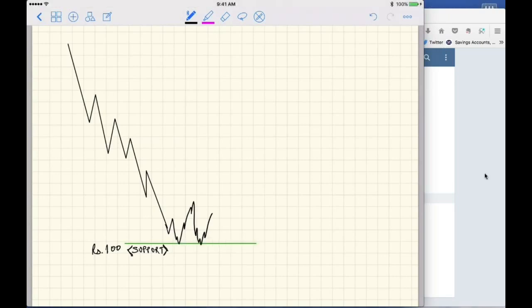So, as I was saying, two types of traders will be here at this juncture. One who will be willing to buy and the other person who will be willing to sell. Now, two persons probably looking at the same chart, one will say, well, the level of 100 is holding really well and I should be looking to buy next time when it comes to 100 and holds above 100. So he has a bullish view.